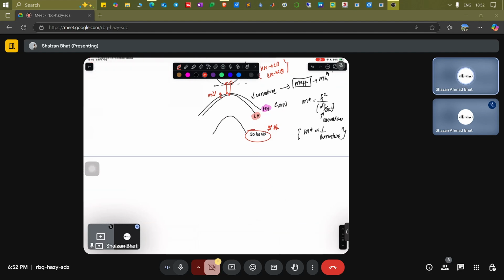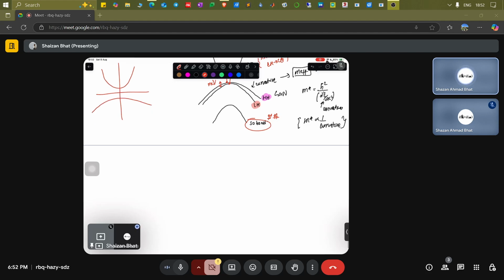So here we are basically talking about subbands of the holes. You can have heavy hole, light hole, and this is the conduction band. That's why, most of the time, when you draw the conduction band you draw it like this, but when you draw the valence band the curvature is different from that of the conduction band. The reason is that this is for the hole and this is for the electron, and the curvature itself signifies the effective mass. That's why the curvature for this one is also different. So this one is heavy hole and this one is light hole, because this is more curved.